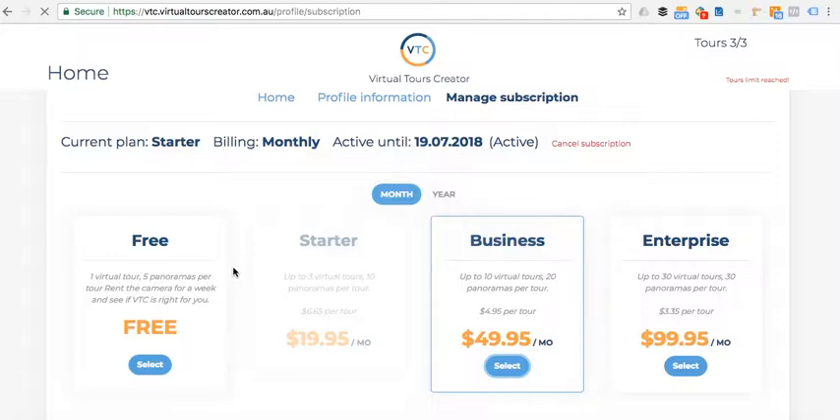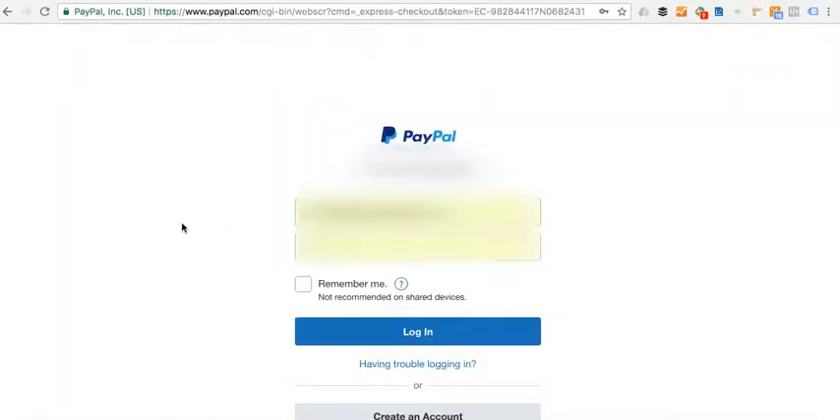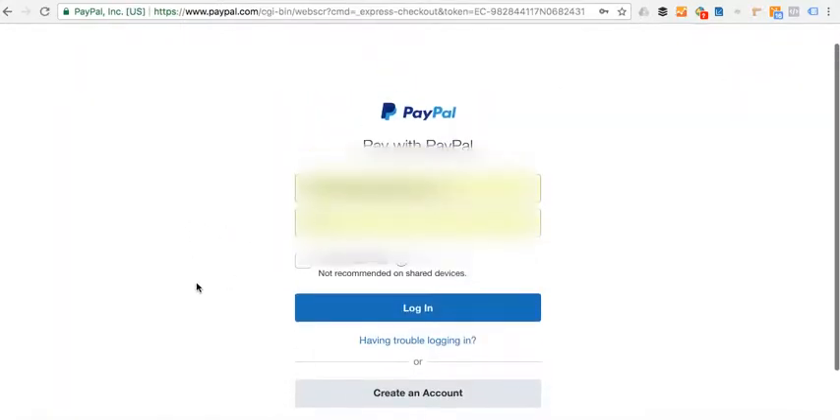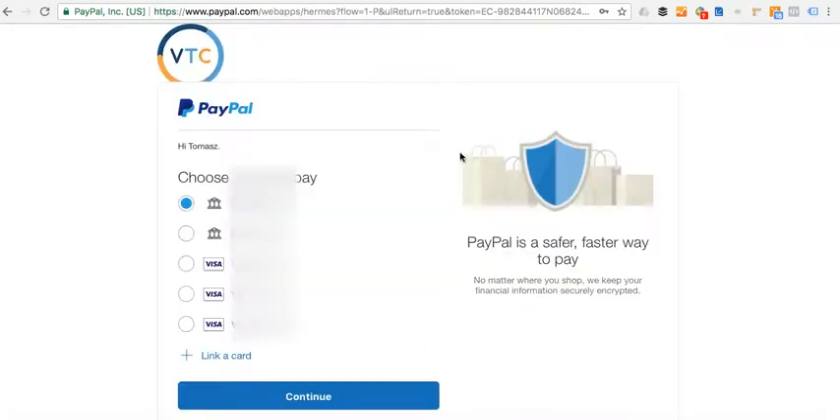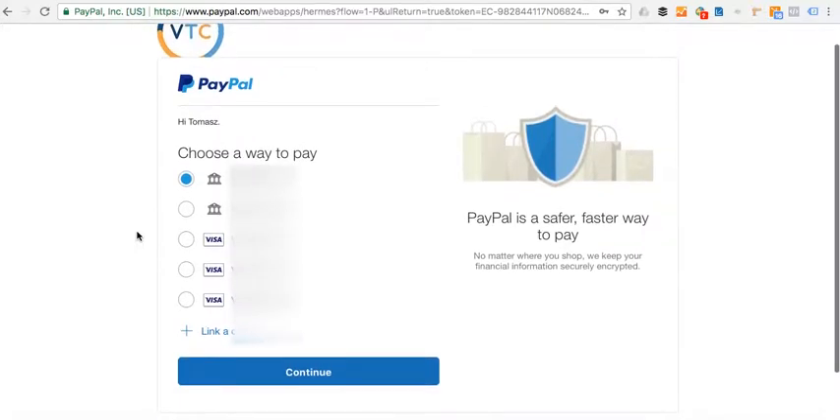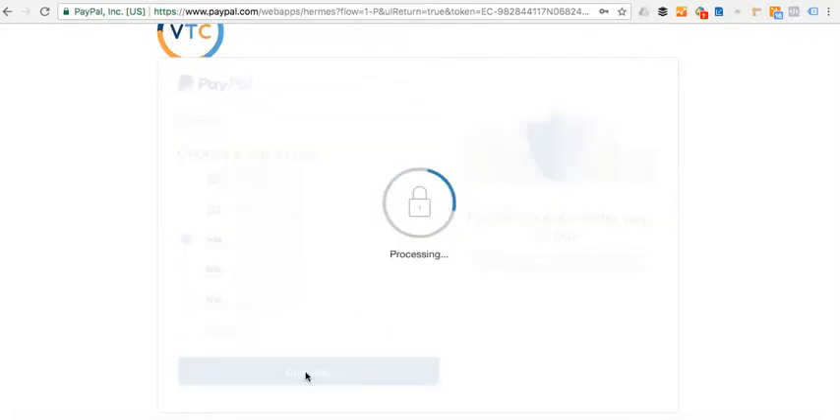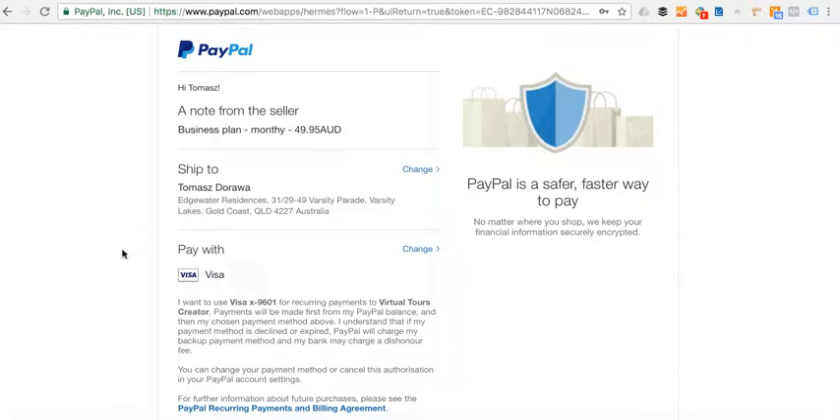a PayPal account, because we don't store any of your information, no credit card details or your personal details. Now all you have to do is log in to your PayPal account. If you had a PayPal account, you have to choose which payment method you're gonna use, whether it's your bank or your credit card. Let's say it's a credit card. I'm gonna go continue. So simply just follow the steps,